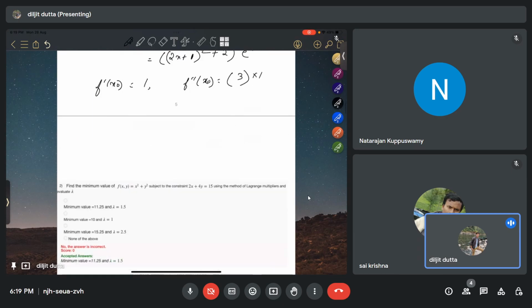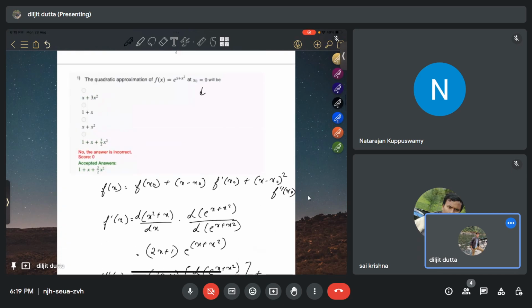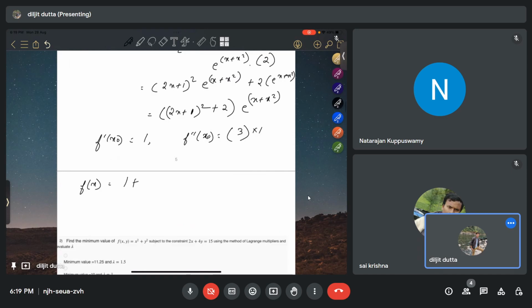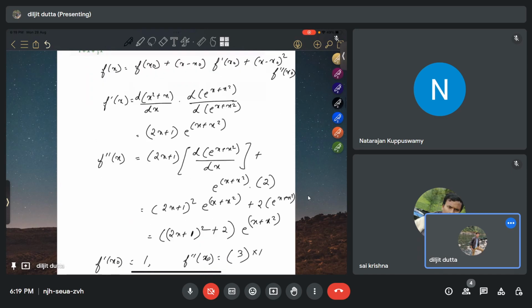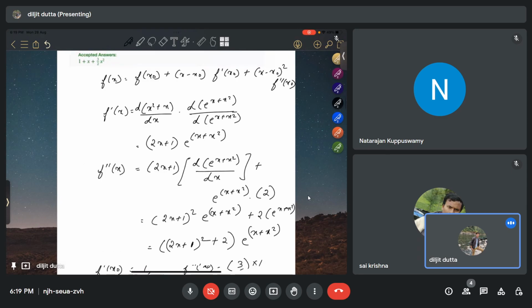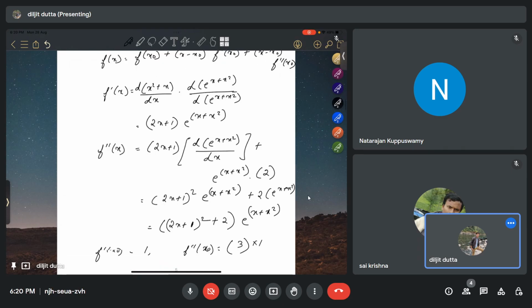So now we'll expand the f of x as a quadratic expression, and also f of x naught will be how much? 1. F of x naught is equal to 1 only, so it will be 1 plus x minus 0 is x into f dash x is 1 plus x square into,